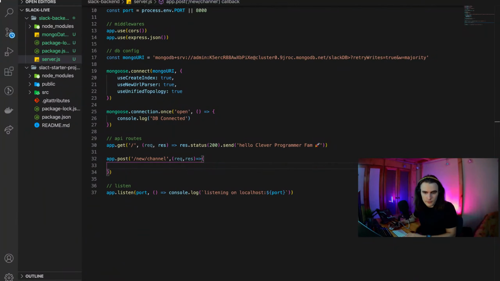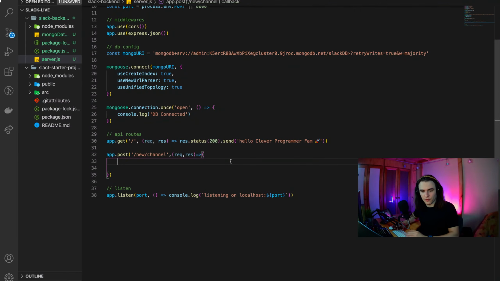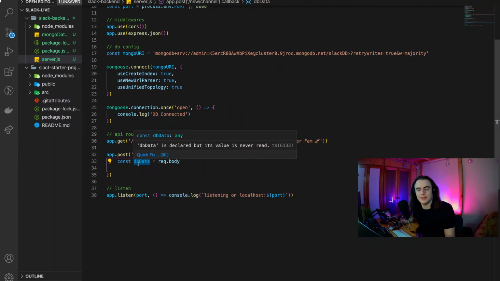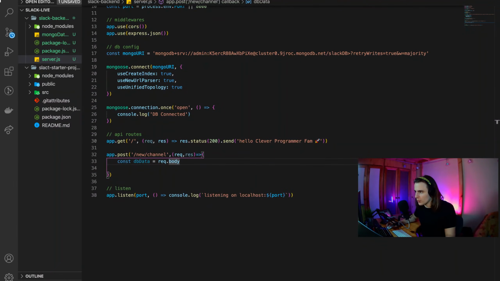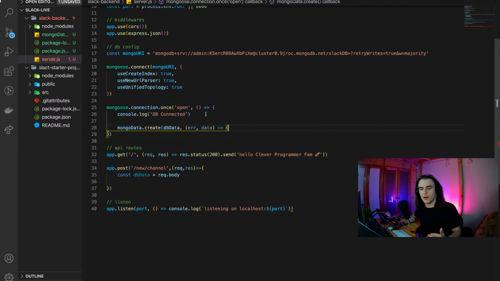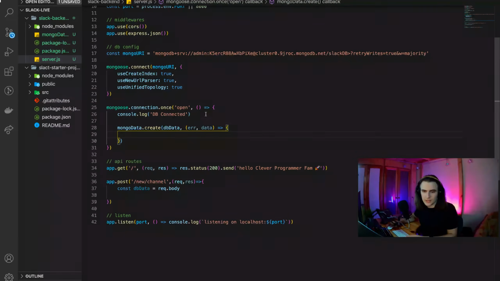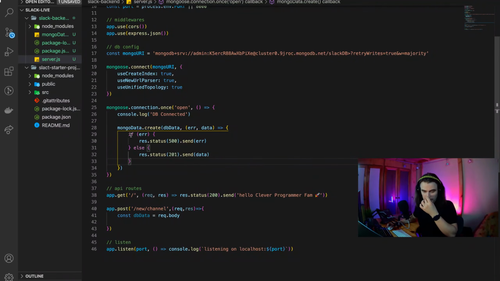So what we will do is go ahead and say whatever we get from the request body, we want to save it to a const, which will be the DB data. Now, we want to go ahead and use that DB data to create a new document inside of the Mongo data, right? So that is going to be used for that. And inside of there, we will just do a bit of error handling, and that will be just a simple if gate. And if we are receiving an error,